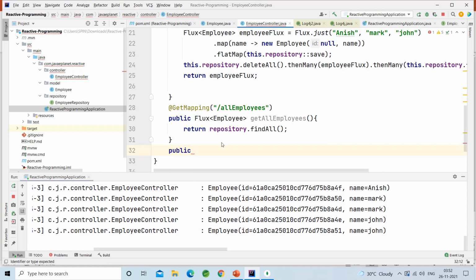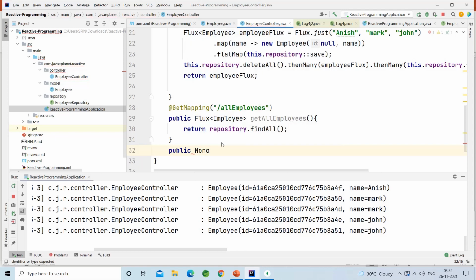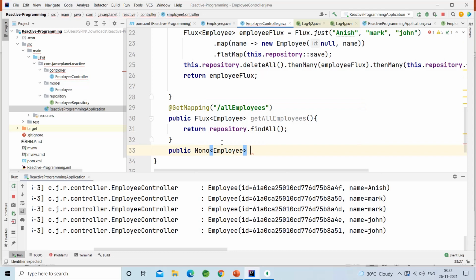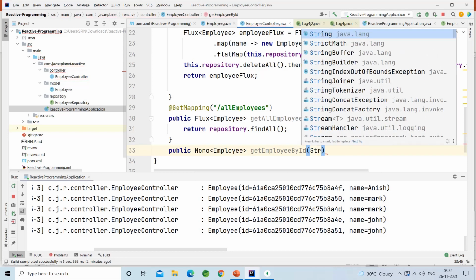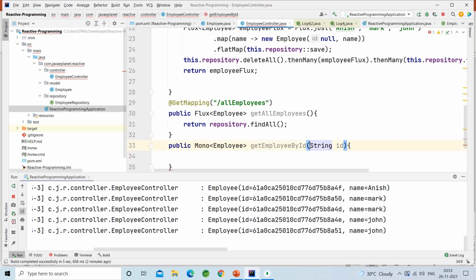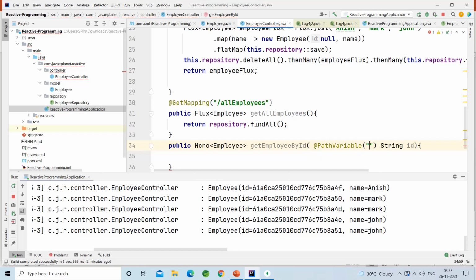Public Mono, that returns a single employee. getEmployeeById, that takes String id, @PathVariable id.